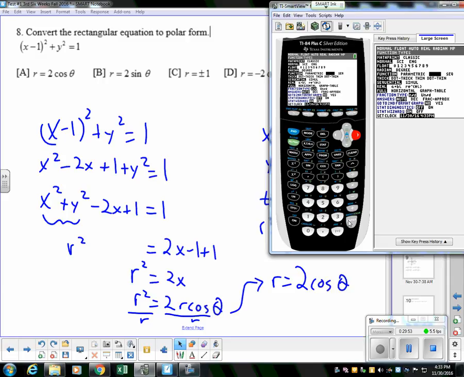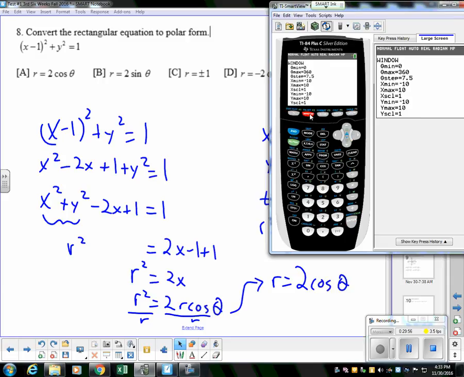And then your window you should set up to 0, 360, and 5 for the top. The rest of it doesn't matter. So if I go to y equals, and I plot 2 cosine theta,